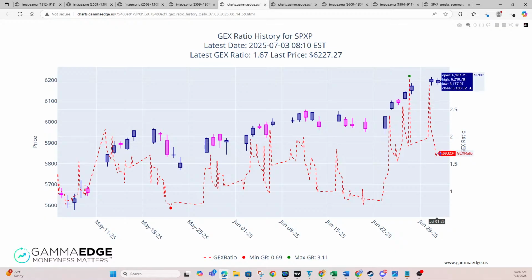So this will resolve itself one of two ways. We will see price continue to appreciate, and the overall GEX ratio will start driving higher, indicating call speculators are coming into the complex, or this will stay stagnant and start to drop to the downside, and then we'll see price begin to drop also as that out of the money call speculation starts to wane. So we'll keep an eye on this day over day. As we've said, this is just the first divergence that we're looking at within the overall option structure and positioning heading into